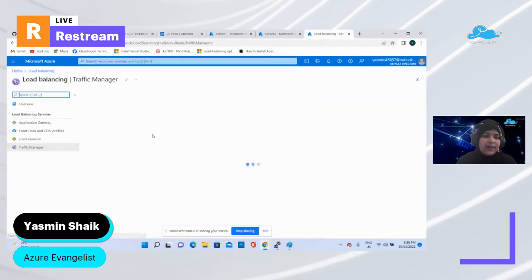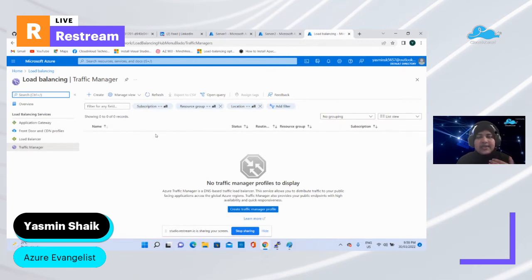So click on that. As I told you earlier, Azure is actually offering 4 types of load balancing techniques, right? As you see in the left pane, it has application gateway, front door, load balancer, and the traffic manager. So you can design any one or a combination of any based on your requirement or based on your specifications of your application, as I have shown earlier. Okay, so now as I wanted to show you the example of the traffic manager, I'm going to create one traffic manager instance.